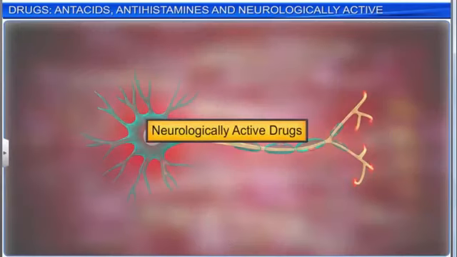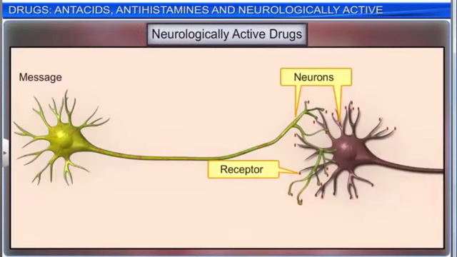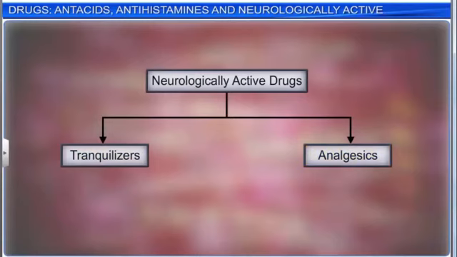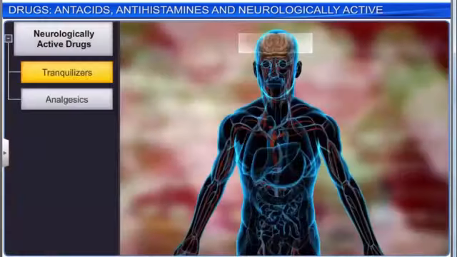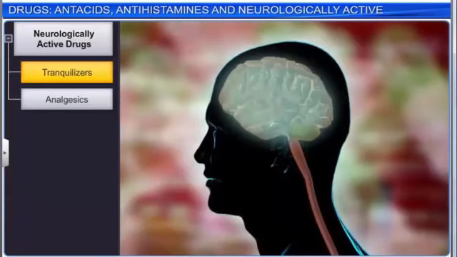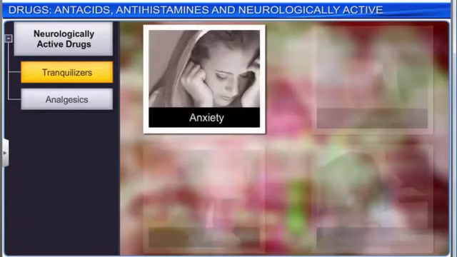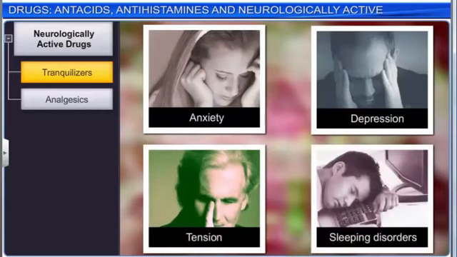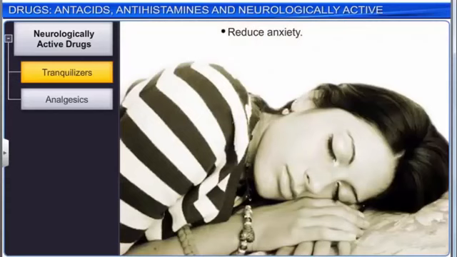The next class of drugs is neurologically active drugs. Neurologically active drugs affect the message transfer mechanism between the nerves and the receptors. They are commonly classified as tranquilizers and analgesics. A tranquilizer is a drug that acts on the central nervous system. They are prescribed by doctors to treat anxiety, depression, tension, and sleeping disorders. These drugs reduce anxiety and promote calmness,